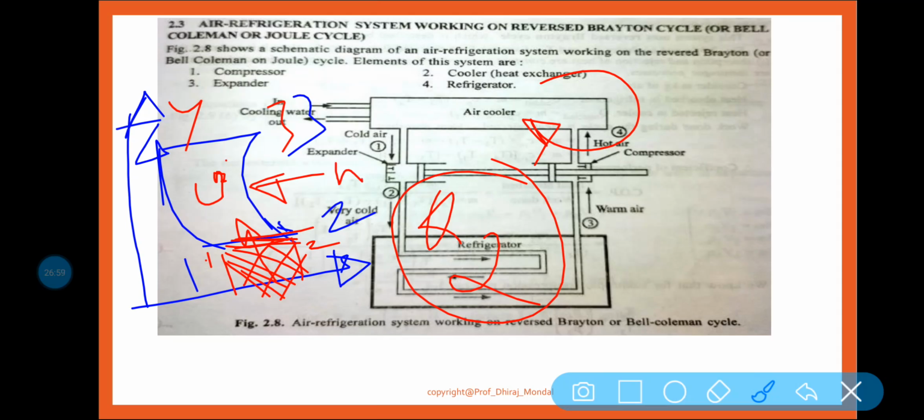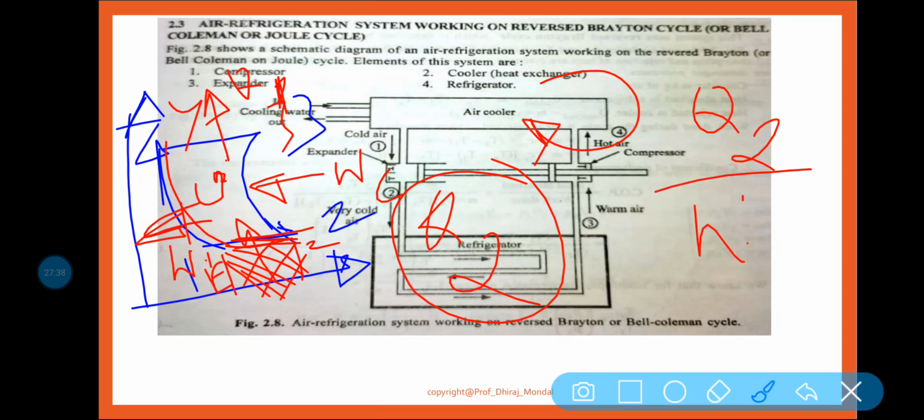Here what we are doing, WC amount of work is done on the system. Here Q1 amount of heat is rejected to the surrounding. Here expansion, that means a turbine is basically expanding. So by the help of this expansion valve, or this expanding device like turbine, suddenly it is expanded and the volume is increasing, but pressure and temperature are decreasing. So what are we getting? Q2 amount of refrigeration effect. What is the input? Work input. WC amount of work input. Clear?